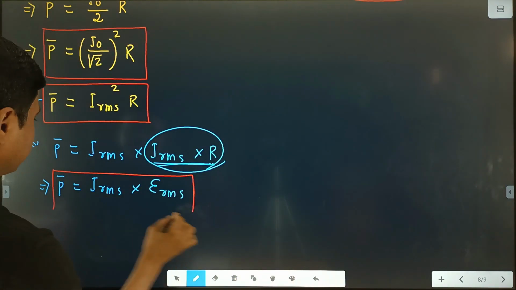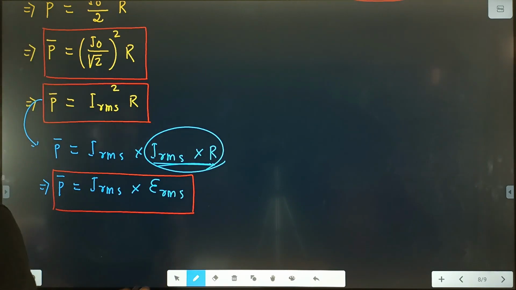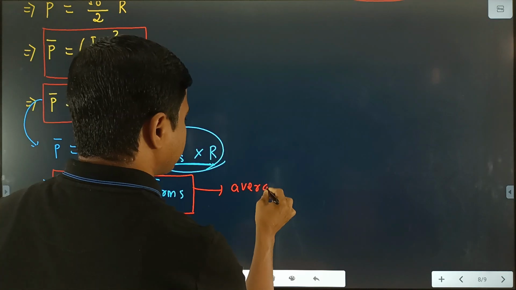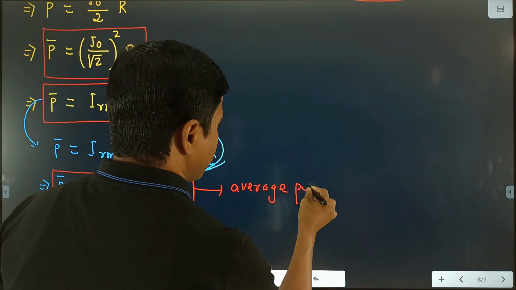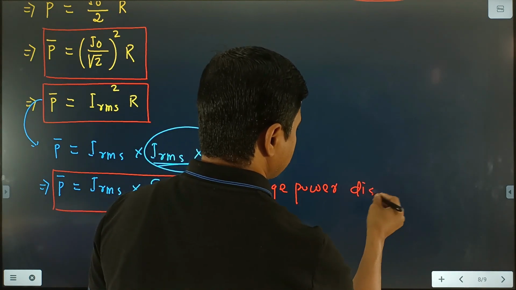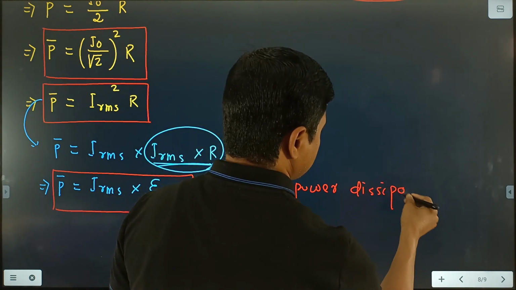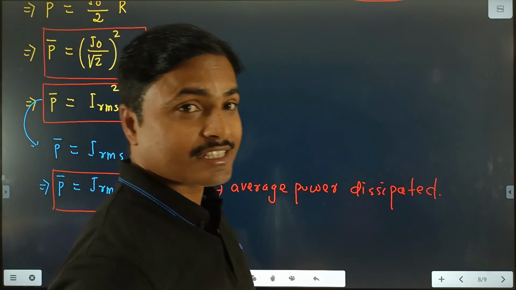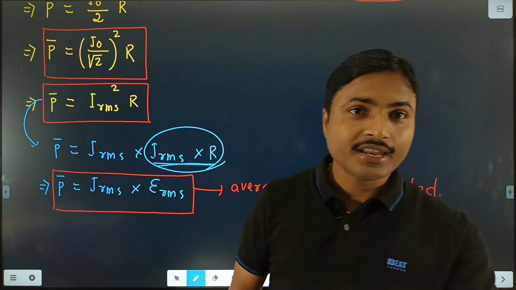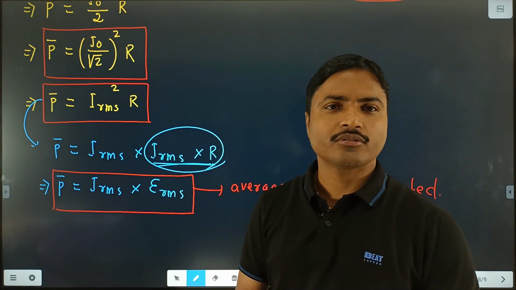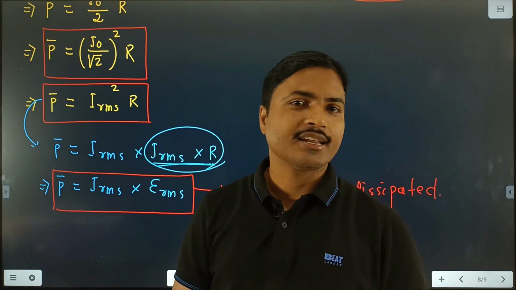And this is the final expression of average power dissipated in case of a purely resistive AC circuit,